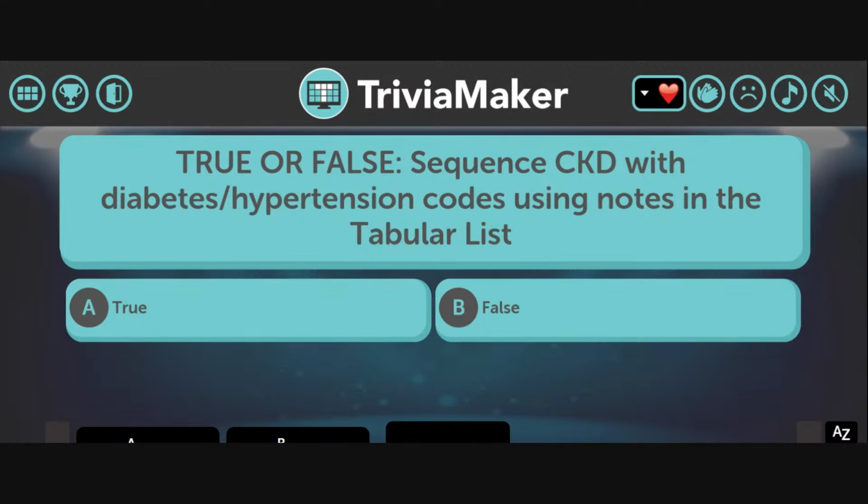All right. So yes, this one is going to be true. This guideline is a lot longer, so I kind of just shortened it. But yes, when it comes to chronic kidney disease in patients who also have conditions like diabetes mellitus or hypertension, you should definitely follow the guidance provided in the tabular list just to ensure proper sequencing based on all your coding conventions and all of that good stuff. So amazing for those that put that in the chat. I'm just loving this participation. You guys are always killing the participation every Monday, I swear. All right, let's keep it up.